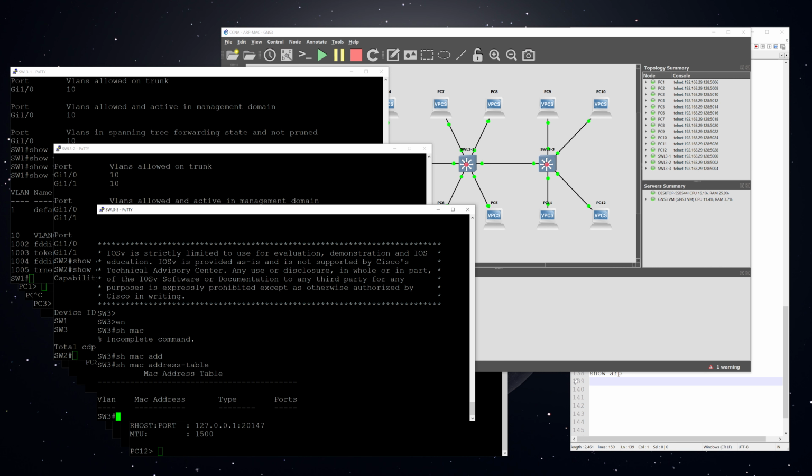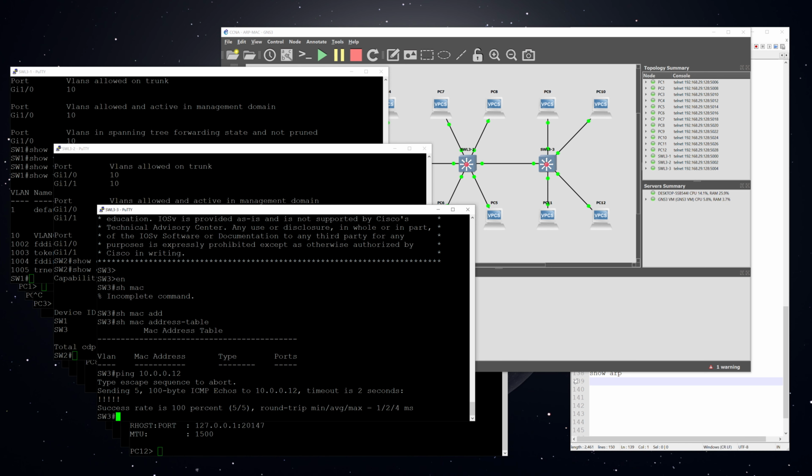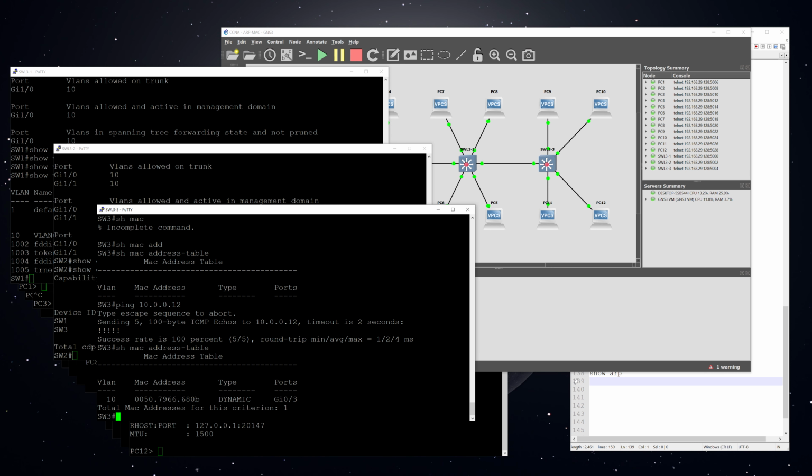Show MAC address table. All right, so it's empty, which means that all of the entries have aged out of it. And since we're looking for 10.0.0.12, all we have to do is ping it. Now if we look at the MAC address table, it has repopulated. And this is going to show us that the IP address that we're looking for that has the same MAC, the one that ends in 680B, which is the one that we've been looking for all along, is off port